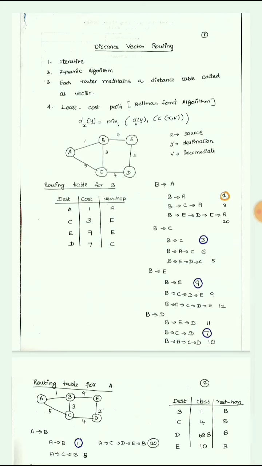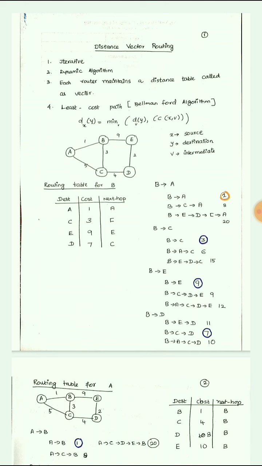Dear students, in this lecture I am going to recap the problems on distance vector routing. As we have discussed already about distance vector routing, we will take one problem and do it here in order to identify the shortest path. So this is an iterative approach. For each and every node to every other node we have to do it again and again in order to get the best suitable path.